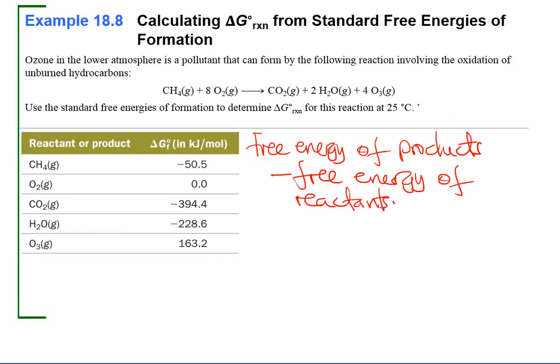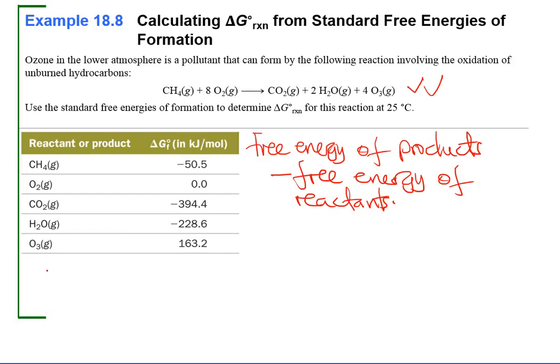So in this case, you look at this reaction equation and you look at things that you are supposed to change. So the first thing you look at this equation and say, all right, what are the coefficients here that I'm going to use? Based on the coefficients,